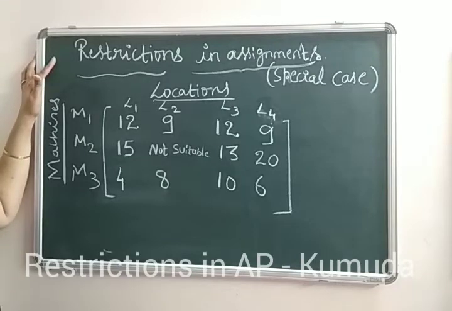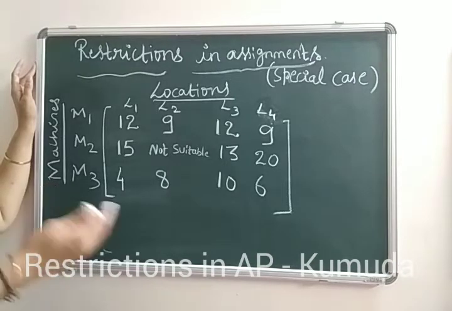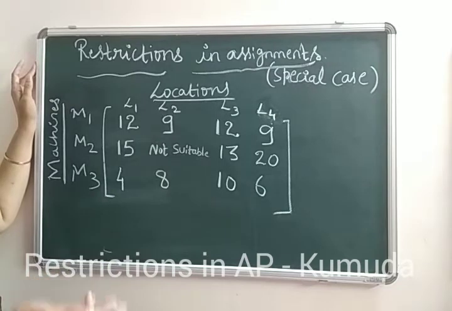Restrictions in assignments. See, the assignment problem can be a normal one, a simple assignment. If you have a situation where either a row or column is not having an assignment, then we follow the Hungarian method. And you have the maximum profit method, where you find the highest number in the whole matrix and subtract. And you also have a situation where the rows are not matching with the columns, then you either add a row or column depending on the requirement, and that is unbalanced, and you try to balance it and solve.